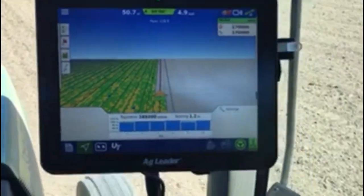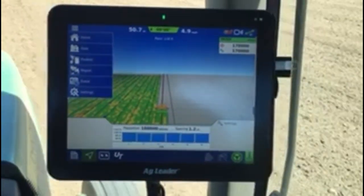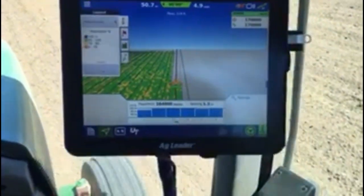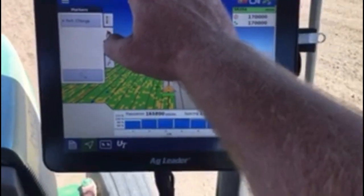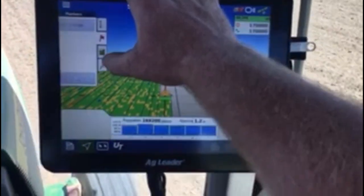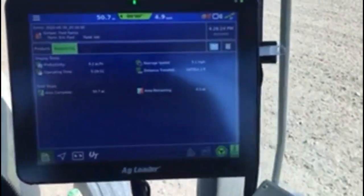Here's the Ag Leader display. You go up here, go to the different fields, products, region. This will show you, it's the legend. If you want to drop a pin or do a marker. Down here, productivity,